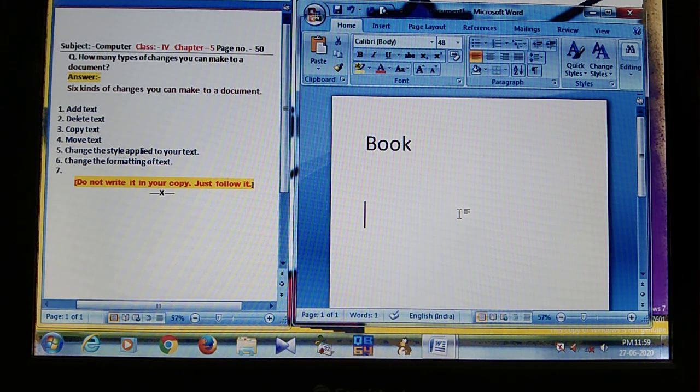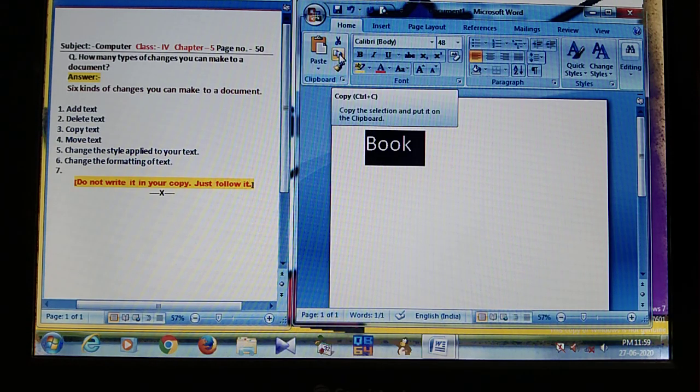Now the third one, copy text. How can I copy the text? Look at here, it is the clipboard. Under the home tab, here is the clipboard. Any text you can copy by using select. So at first you select, then click on copy. Copy the selection and put it on